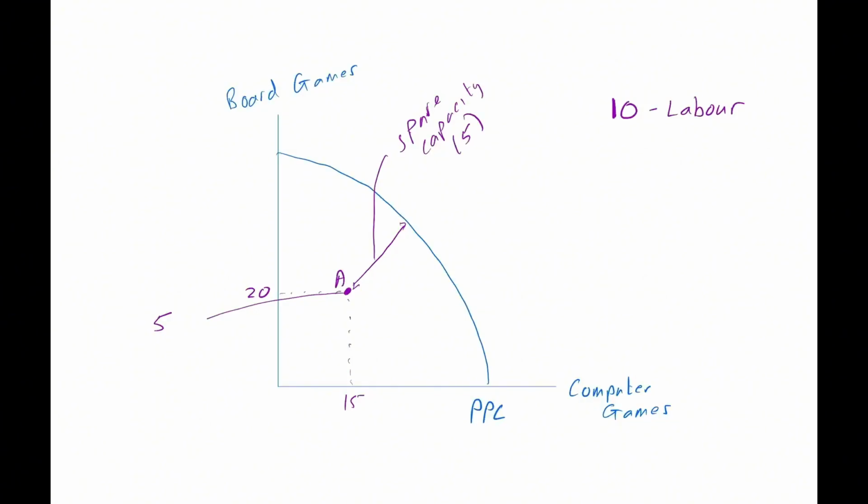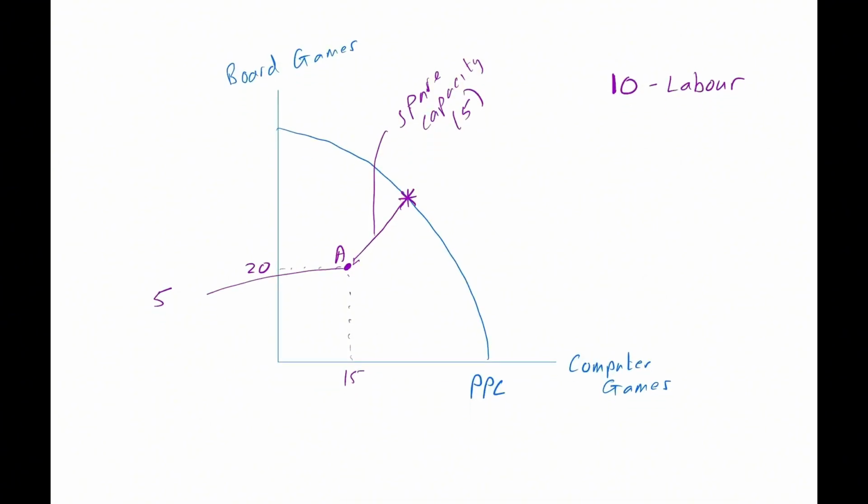Now, if those 5 units of labor were employed, then the economy would be producing on the PPC. And if that was the case, if all of the available factors of production were being utilized, then the actual and the potential output would be at the same point. Okay? Now let's say that two of the 5 units of labor that are not currently working get a job. Okay? So if they get a job, then the actual output would increase because we've now got 2 more employees